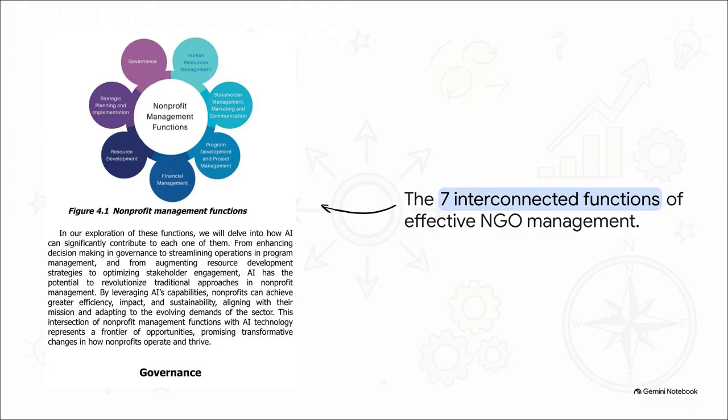Here, we really have to take a holistic view of the organization's many moving parts. As an executive, you literally can no longer afford to look at departments in isolation. Effective NGO management requires harmonizing 7 core functions. Think of things like governance and strategic planning, all the way over to human resources, program development, and financial management. These are like distinct threads of a single tapestry. You have to weave these areas together. If your human resources department is totally disconnected from your financial management, or if your stakeholder management completely ignores program development, the entire organization is going to quickly fall out of rhythm.